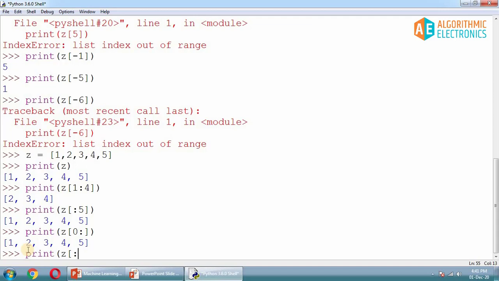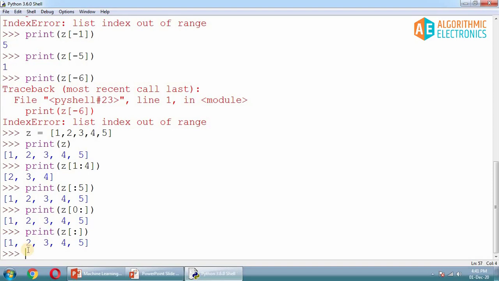If I print this, what will I get? If you miss both the first and last index, then you will get all the values. Okay, this is how indexing works, and it is similar to the case of the for loop and the string.